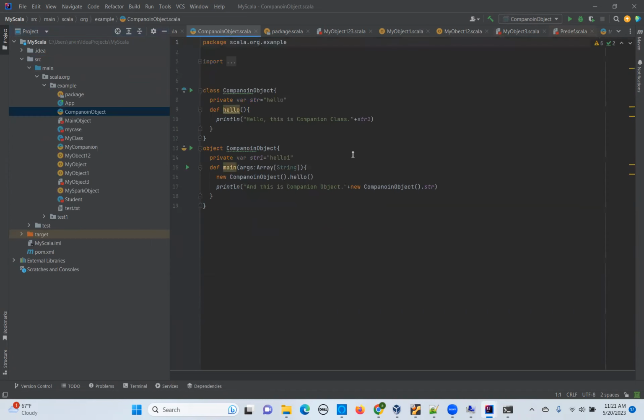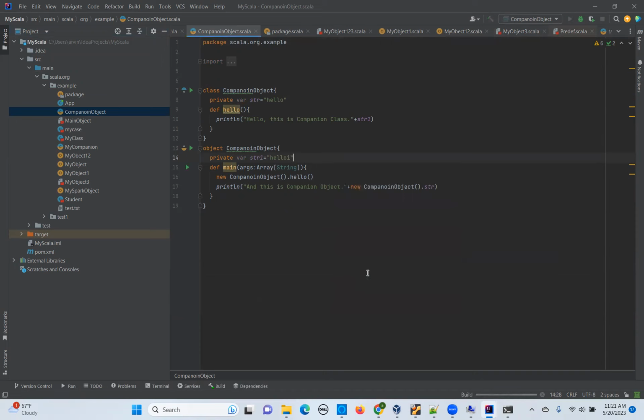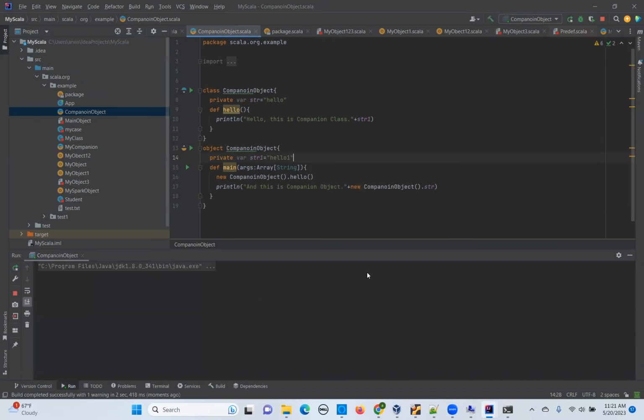So, companion object, companion class. Here, when I run this, hello, this is a companion class, hello1 is coming. Hello1 is defined here. Okay, so first it is printing when the main function is called. First it will call this, and this hello is